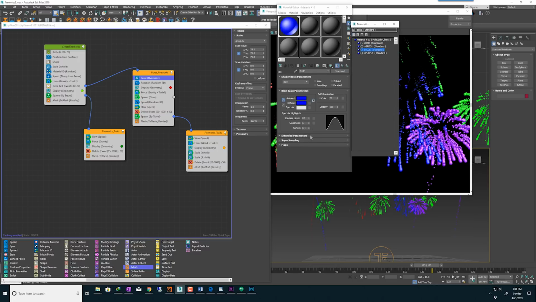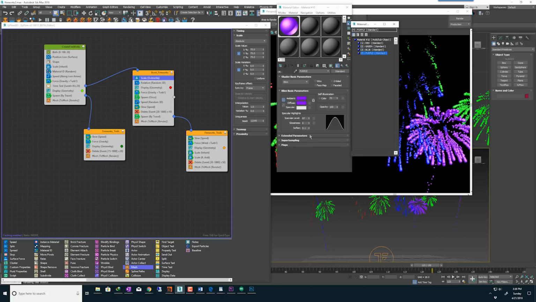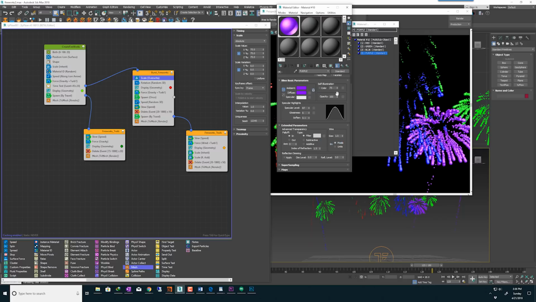So additive doesn't affect the alpha, but it essentially will make things that are transparent on top of each other become brighter. So as I mentioned, 25, 35, 25, 35, and